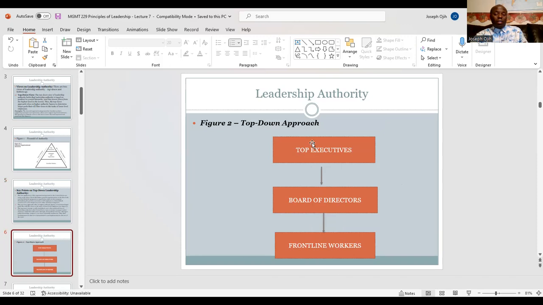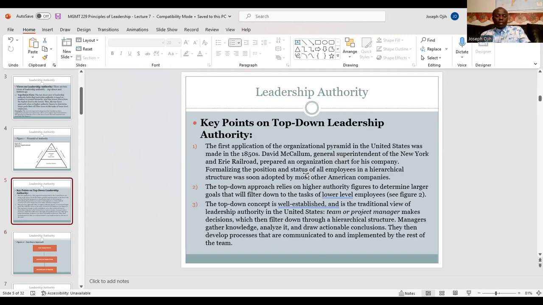This is just a brief structure. It can be more complex than this, but the bottom line is that it reflects the flow of power from the top executive to the frontline workers. So the top-down concept is also well established and is the traditional view of leadership authority